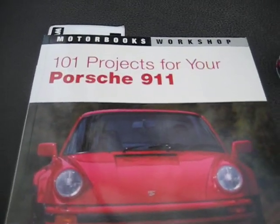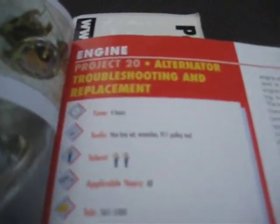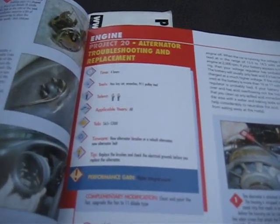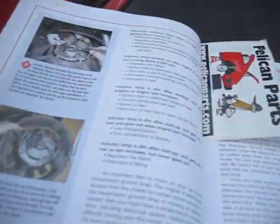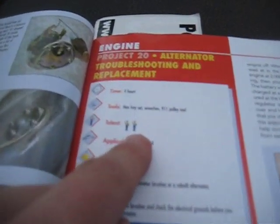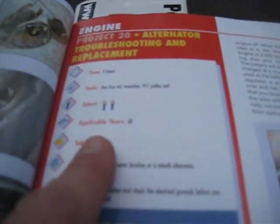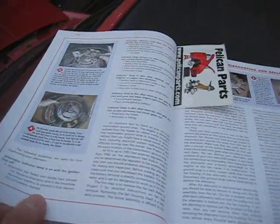This is a terrific book called 101 Projects for Your Porsche 911, and project number 20 seems to suit me well. It's alternator troubleshooting and replacement. And so with these pictures and with the tools that I now have, that's the new tool, it looks to me like I should be able to. It says it takes two talents, rather, out of 4, I suppose, and 4 hours to do. I may be able to replace my alternator